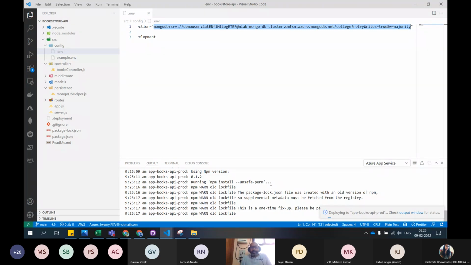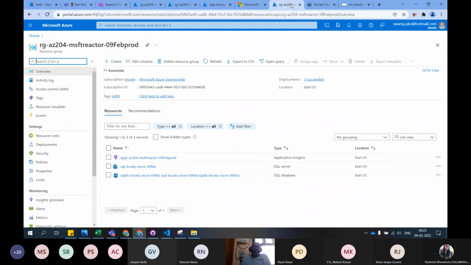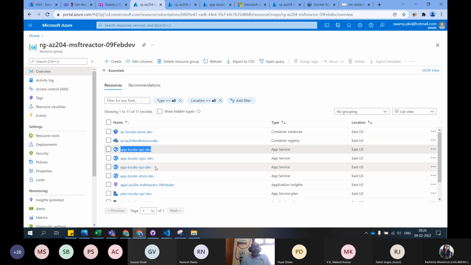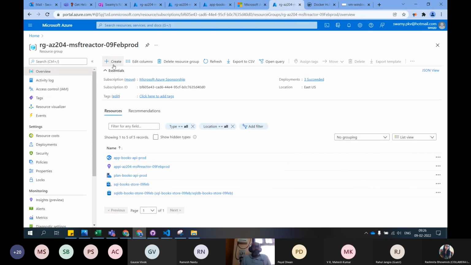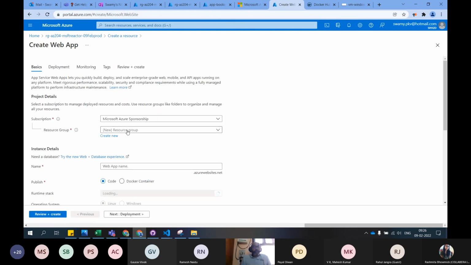Okay, let it go. So while this is getting deployed, we have some breathing space. Let's do two more things. Let's create two more applications. One is for the React UI, and one is for the NG, that is Angular UI. So let's go ahead and create. I want to create a web app, and I will put it in this web prod, and instead of dev, this will be prod,